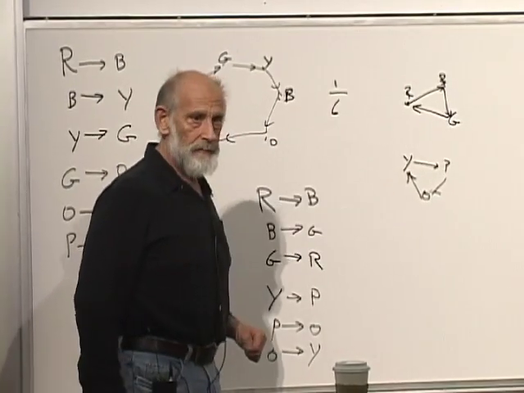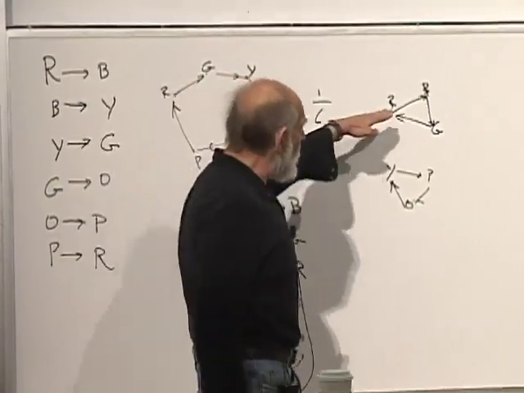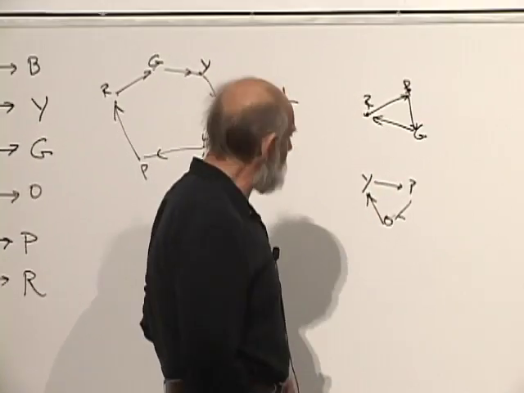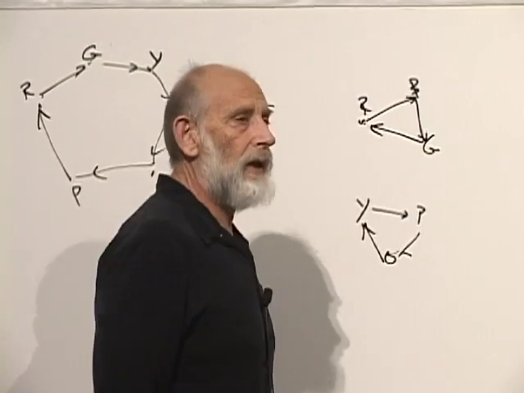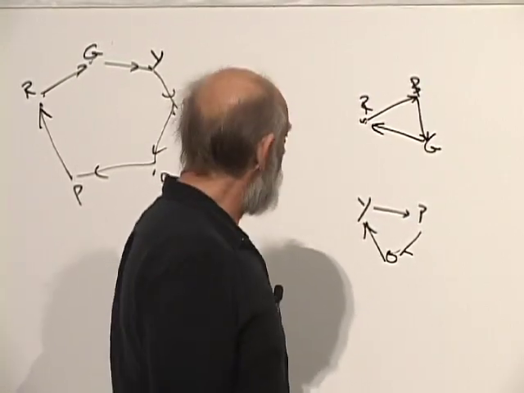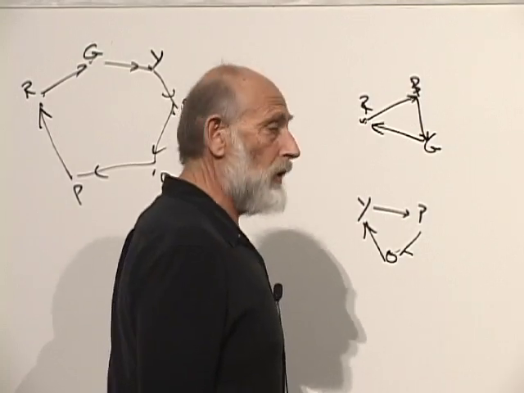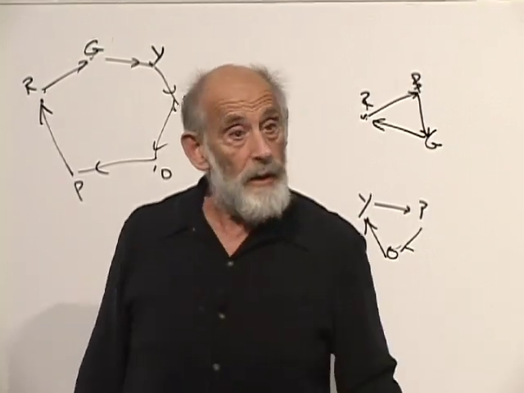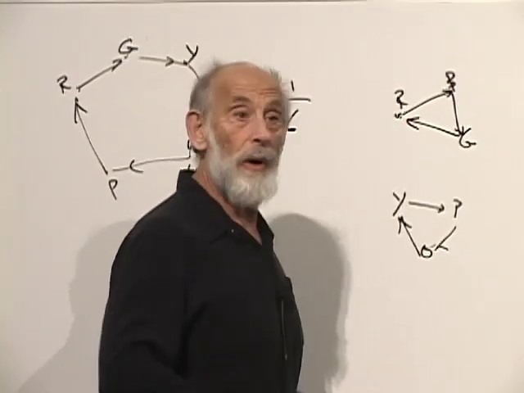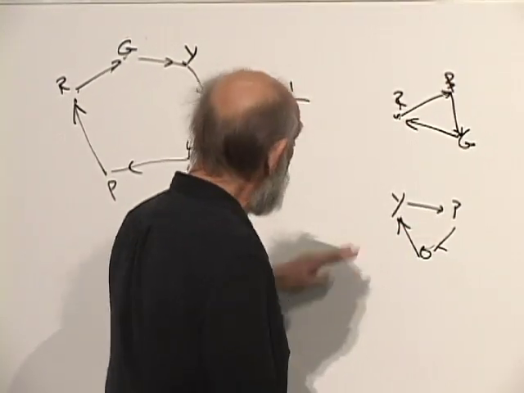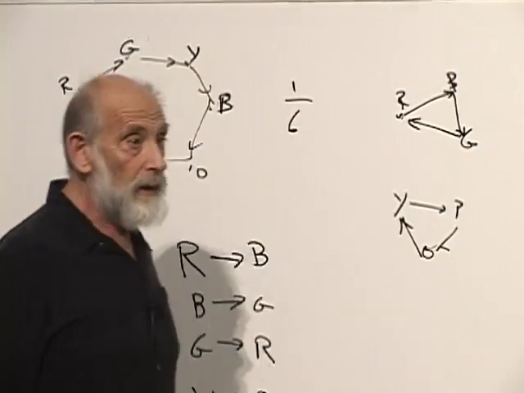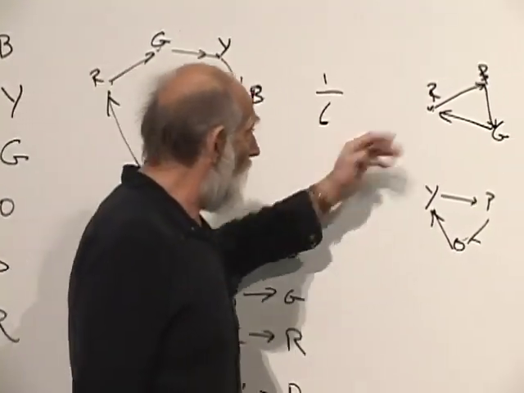Now, there's no way a priori to know what the probability is that you're on this cycle or that cycle. If you're on this cycle and you know you're on this cycle, and you whip around it real fast, then obviously the probability is 1/3 to be red, blue, or green, and 0 to be yellow, purple, or orange. But on the other hand, all you may have is statistical knowledge, where it came from, let's not worry about now, about whether you're on this cycle or this cycle. And in that case, it would be more complicated.